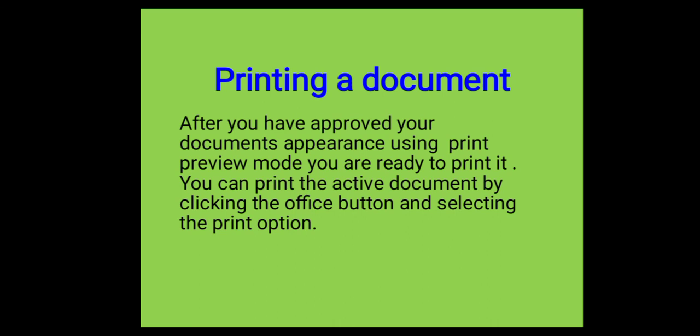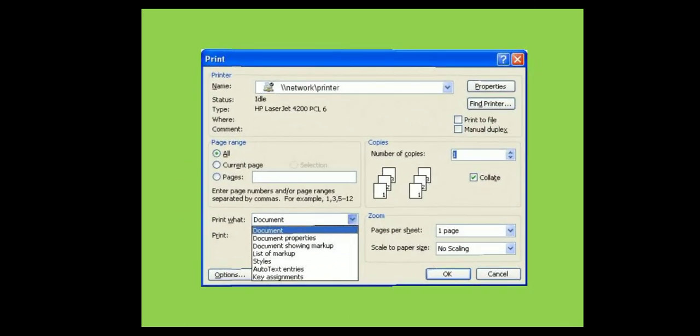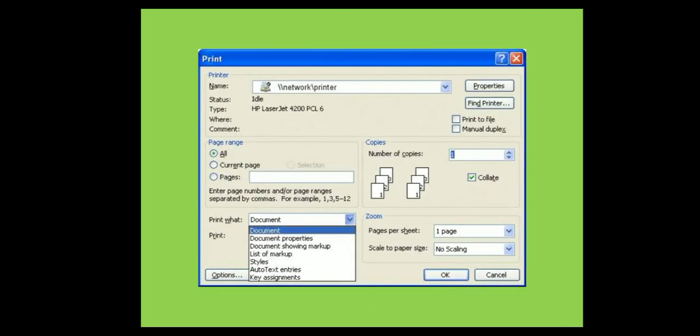When you use the shortcut key, press Ctrl plus P. Then the print dialog box appears like this, and you select the page range, all, current page, or your page number, and here on the right side the number of copies. You select the number of copies, 1 or 2, and after that you click OK. When you click the OK button, your document starts printing.